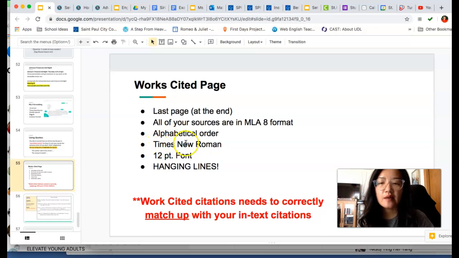Of course, it should be in Times New Roman, right? The regular standard font. It should be 12-point font, so nothing big, nothing bolded, nothing wacky. So it should just be formatted correctly. And then it needs to have what we call hanging lines. And I'll show you a little bit about what that looks like when we look at the